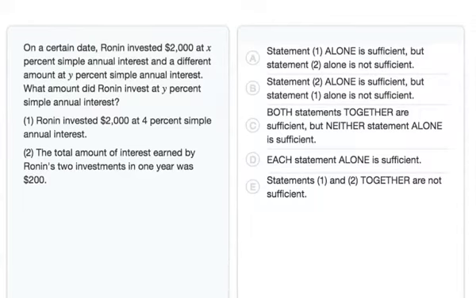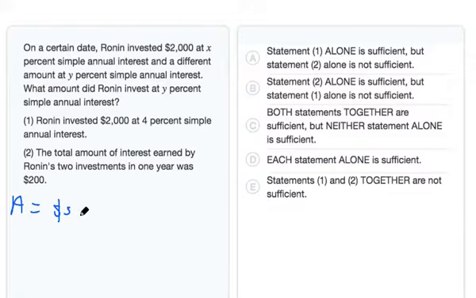To solve this data sufficiency question, we'll consider each statement separately first and then together if necessary. Before the statements, let's go ahead and define a variable so that we can use it throughout the rest of our problem. Let's let A equal the dollar amount invested